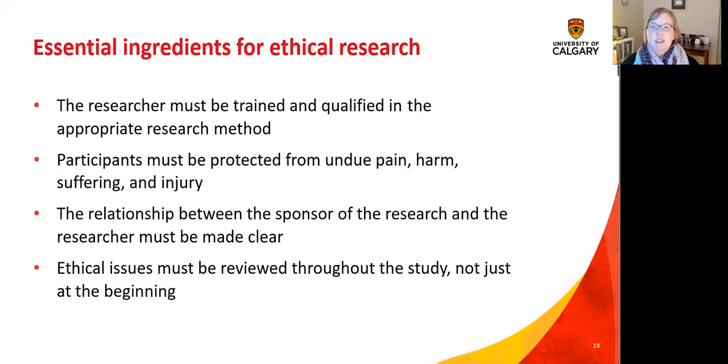Okay, other ingredients. The researcher has to know what they're doing. You cannot have somebody, especially working with vulnerable people, who's just going to go try and have some fun and see how this goes and maybe try and get something together for their master's. By all means, you can have people who are students who are learning, but they need to be working with supervisors. This falls under the idea that all research creates burden. And so if a person doesn't have the appropriate support, they're creating undue burden and potentially harm for participants. And you have to protect people from harm.